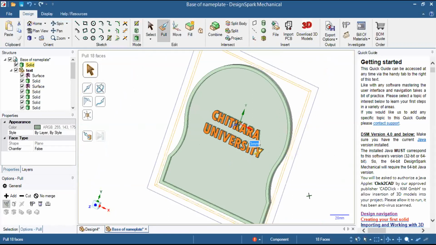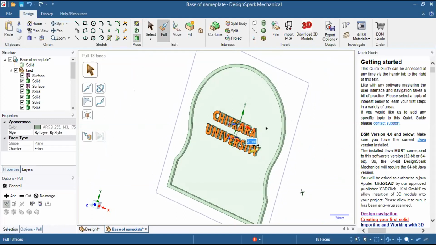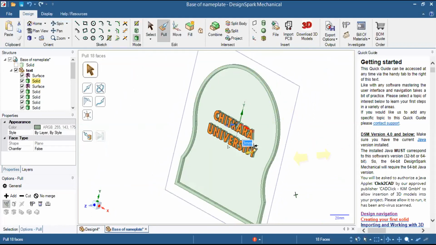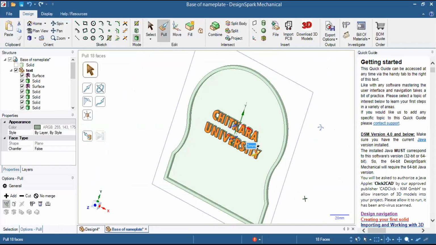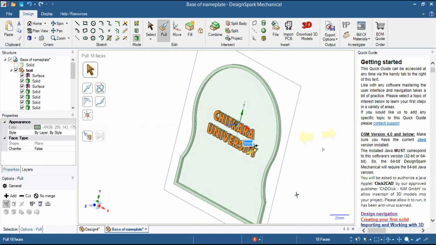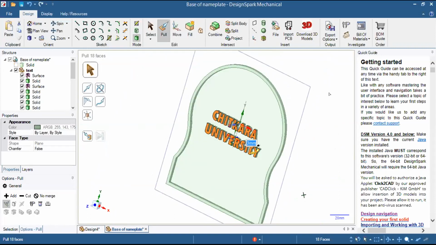Now I will tell you something, that if we disable the solid, then we are having something like this. So I can print this part, that is the outer body and the text, in a different color and the base plate in a different color. So I can use 2 different colors.